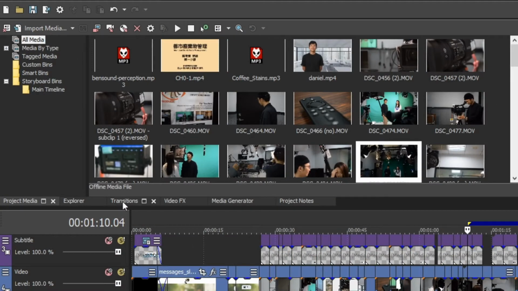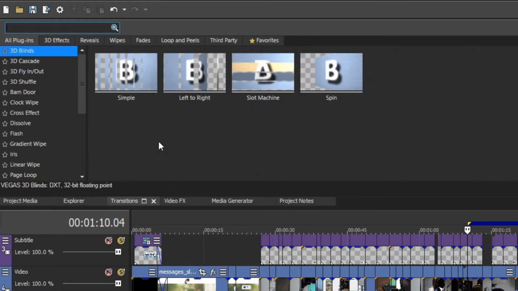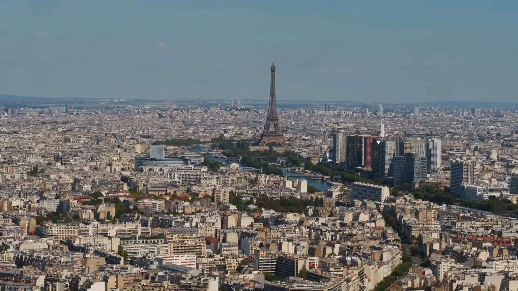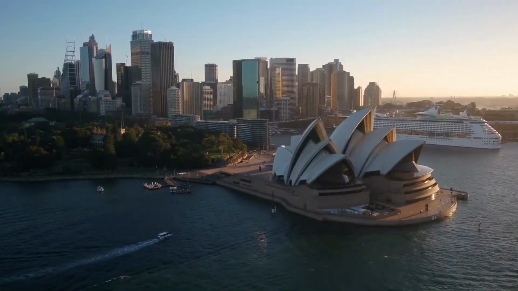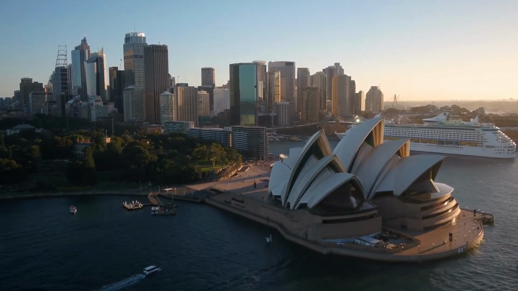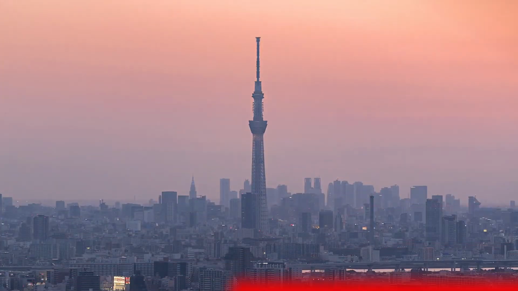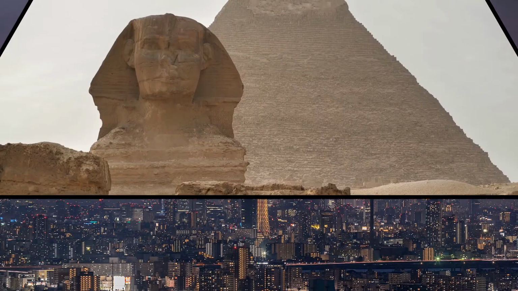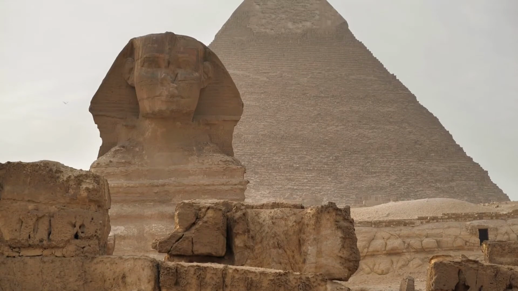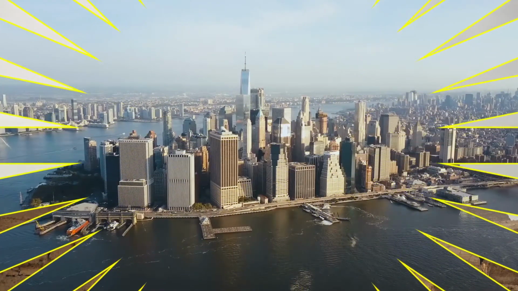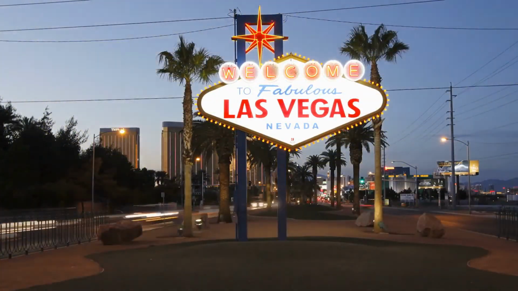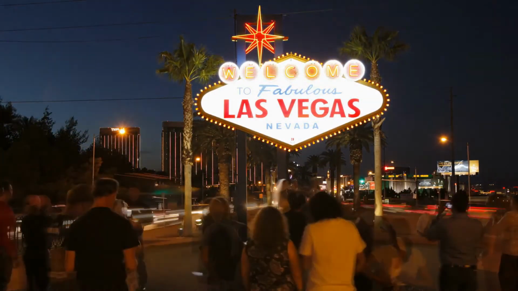Next up, we have our Transitions tab. This is a library of the whole Vegas stock transitions collection. Transitions are essentially the moment in which one shot switches to another shot. This can be done in many different ways, and there are many flashy transitions that you may be familiar with. But in reality, these fancy transitions can be excessive and pull the audience's attention away from the actual content or story of your video. In other words, it's sometimes distracting.